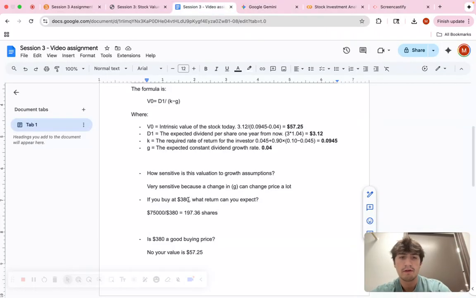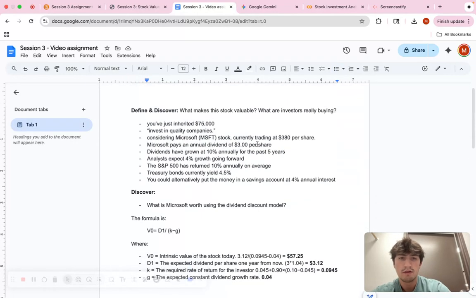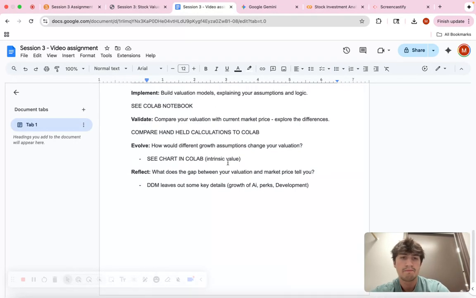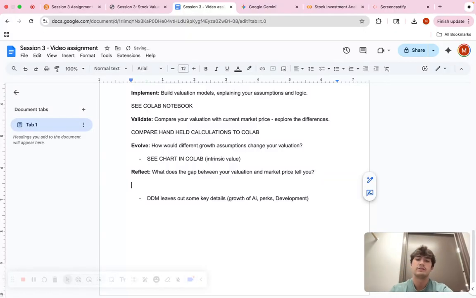That's still lower than your $380, which is your market value. So you can see that the growth assumptions change your valuation. Let's say it got all the way up to 380, then you would say, yes, I'll buy this stock. And then finally, what does the gap between your valuation and market price tell you? So it would just be,